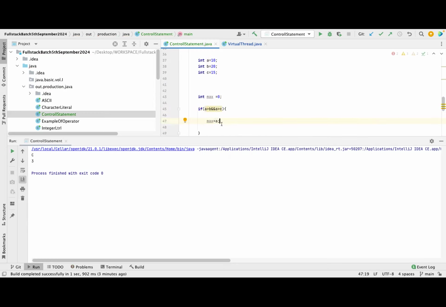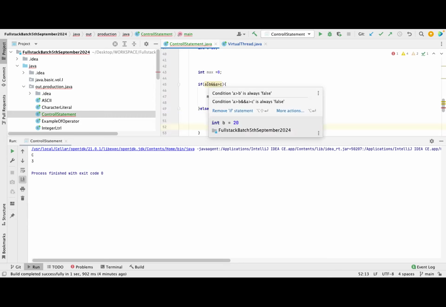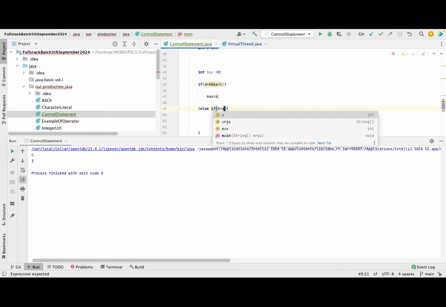So now max will be A, if this condition is true. If this condition is not true, then I have to check another condition. Else if, now I will check if B is greater than A and C or not. So first I will check B is greater than A and B is greater than C. Here I have taken A is greater than B and C. Now I am checking B is greater than A and C. So if B is